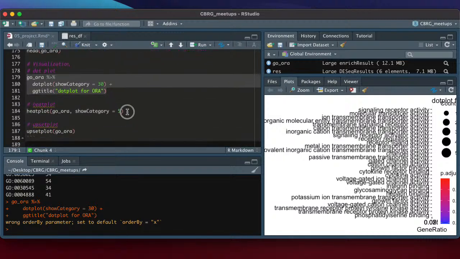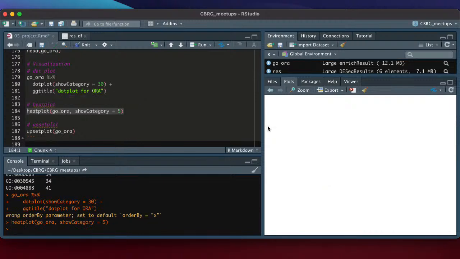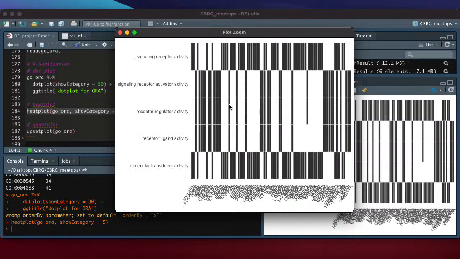There's another one that unfortunately doesn't work so well for these data, and that's using a heat plot that works very much like the dot plot. It doesn't work so well because there are so many query genes. On the x-axis are all your genes, and the y-axis in this case are only the top 5 GO terms. And these black lines show you membership of these genes. So you can see that in this case, whatever this gene is here that's hard to see, it's in these 3 GO terms. So this is a potentially useful visualization.